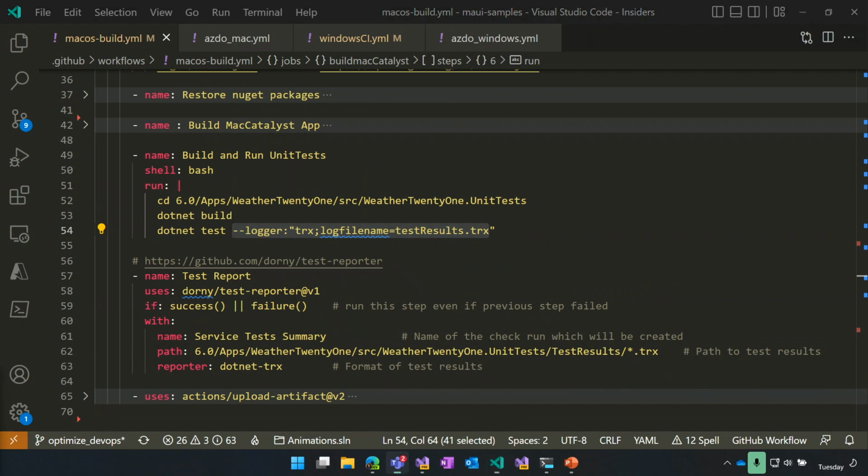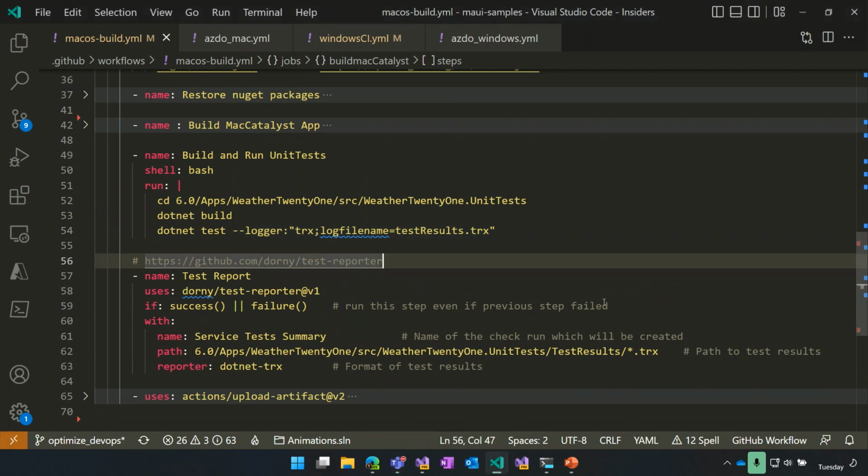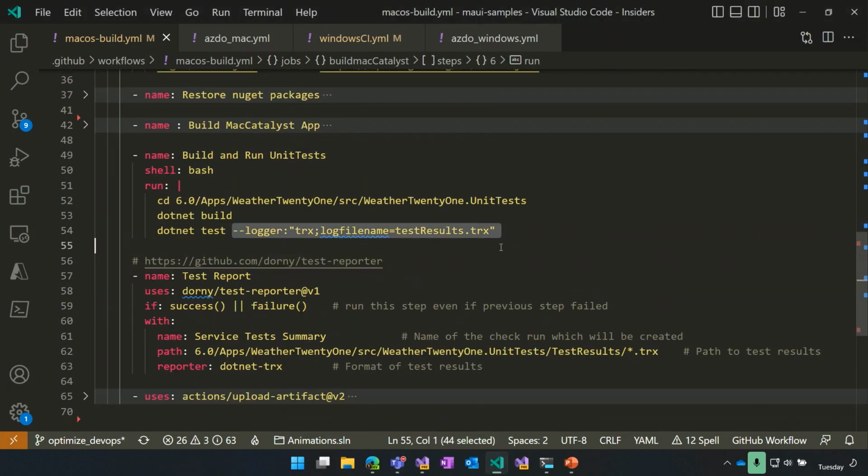You can totally just be like, hey, are you going to publish this result as part of your build summary in your DevOps pipeline? So here, when I say DevOps pipeline, do you want to publish it as part of your GitHub Action Summary? Do you want to publish it as part of your Azure DevOps Summary? You may not even want to do that. Maybe you just want to report it and upload it to some other reporting system that you're using.